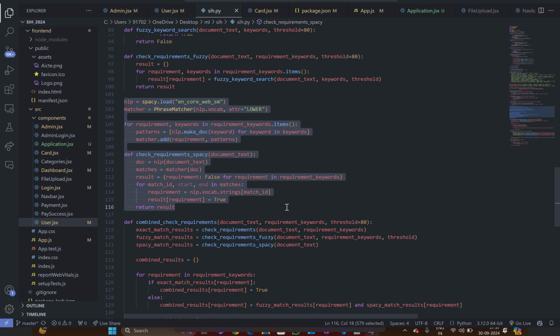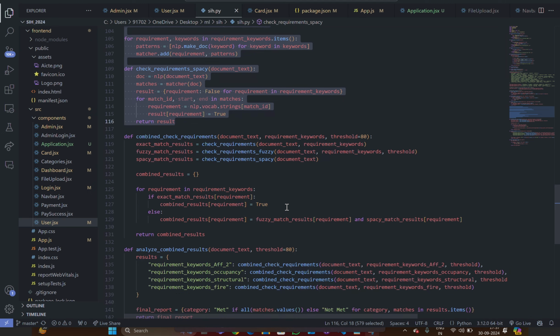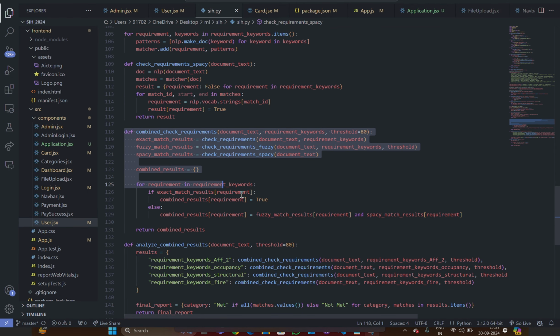Lastly, we combine all of the requirements that we have managed to gather from all three of the functions. That is from your exact matching algorithm, from your fuzzy word key search, and from the NLP approach. And we have this combined check requirements function that gives you an end result based on all of the above three results.